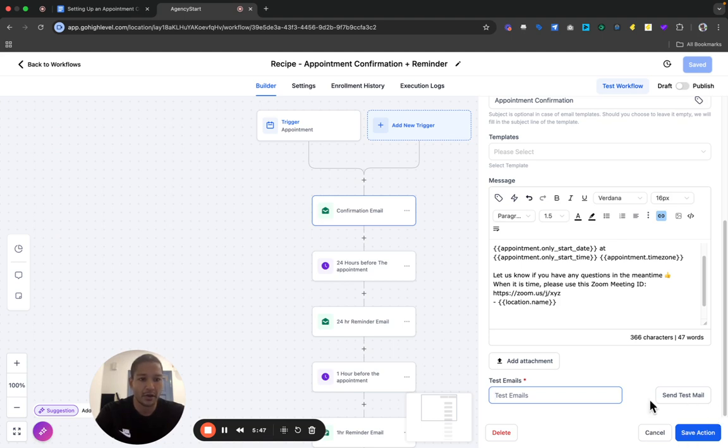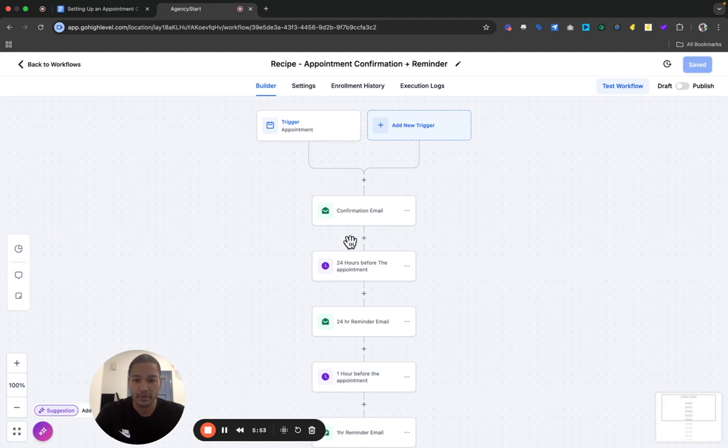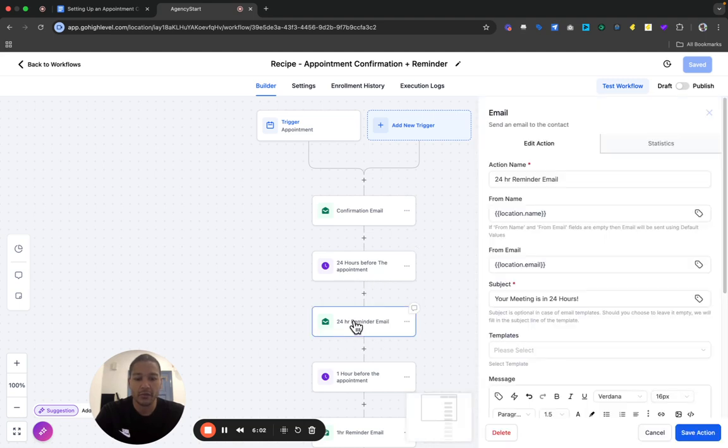So we'll just get out of here. So once you have all that done, you're going to want to save action, just so you don't lose what you did. Then you have your 24-hour before the appointment. That's just a wait step. You don't need to do anything with that. Then you have your 24-hour reminder